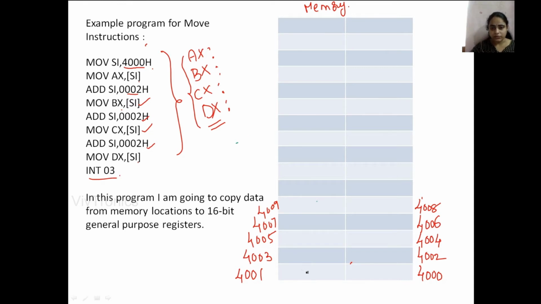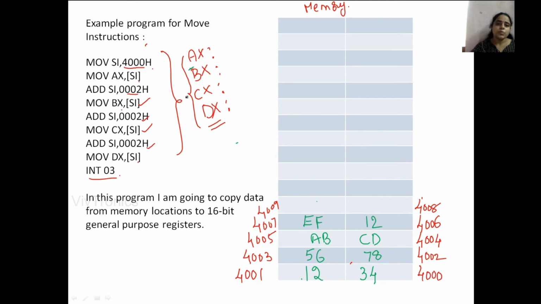Okay, so the 16-bit numbers that I am going to give here are in the 4001 and 4000 memory locations. We know the even memory locations will consist of lower bytes, and odd memory locations will consist of upper bytes. So this number should be copied to the AX register. The next number that I am going to give is 5678. The next number is ABCD. The next number is EF12. So these are the hexadecimal numbers.